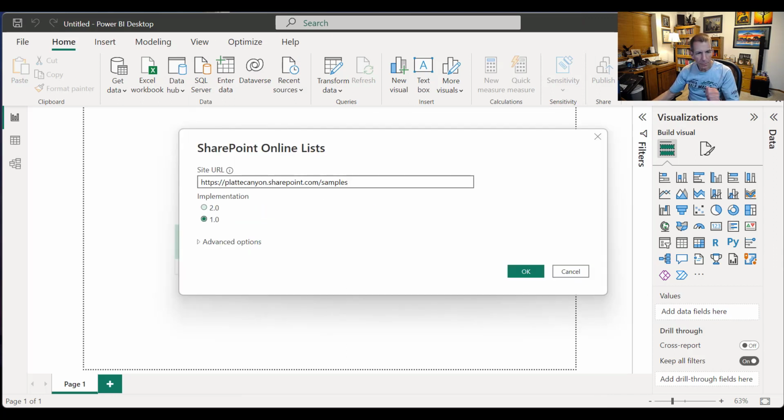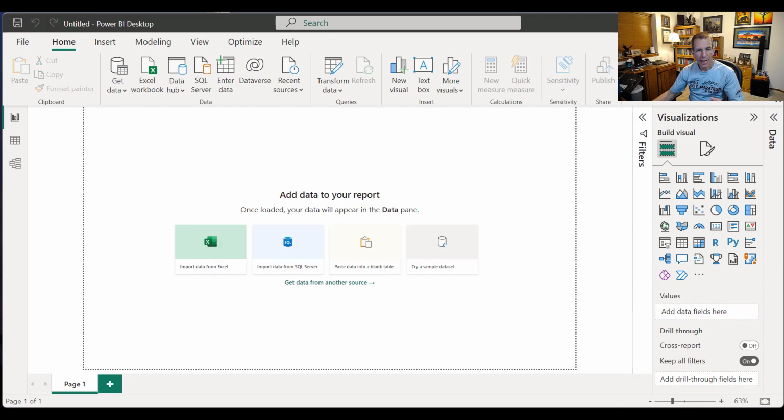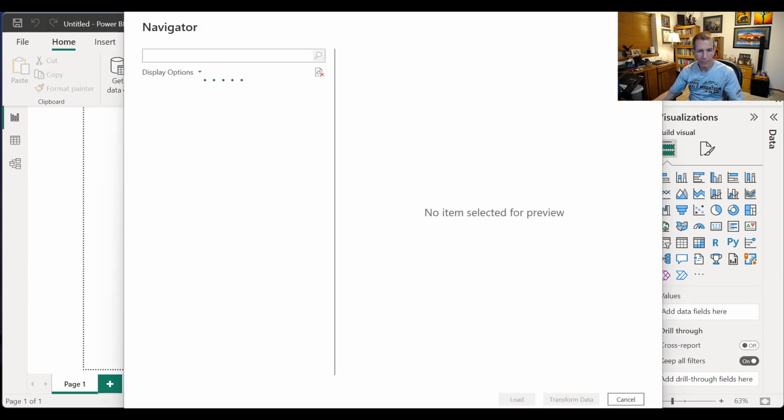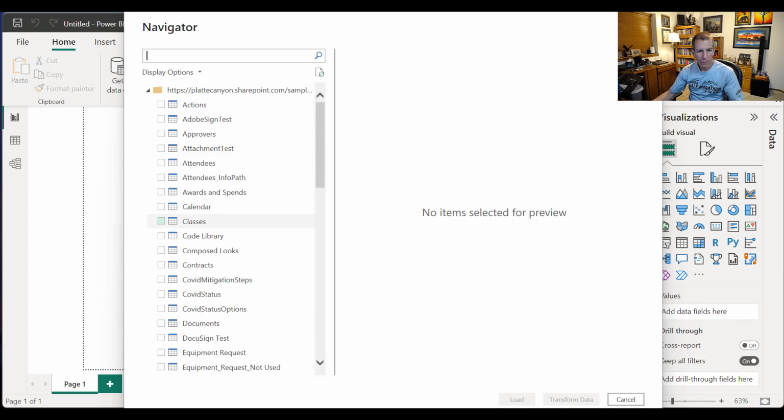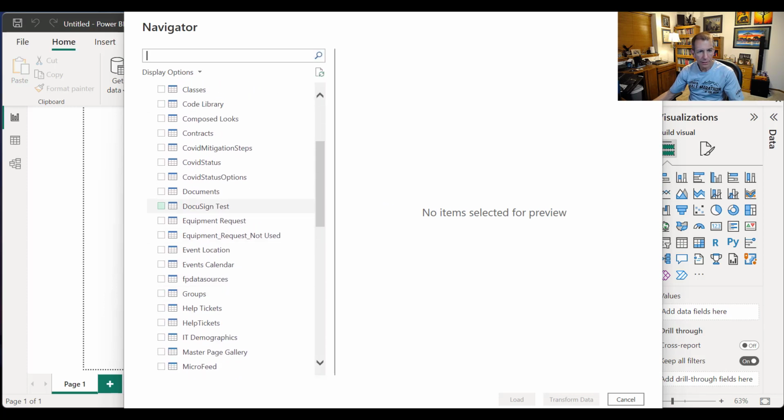Normally I'd want to pick this 2.0 because it's the newer one and there's some nicer things. You don't have to rename the columns. It doesn't truncate it as much. But it turns out that the 1.0 is the only one that gives me the link to the attachment, which is really important here so that I can see the actual form from the Power BI. So I'm going to leave it on the 1.0 here. If I hadn't signed in recently, it would prompt me to authenticate, but I think it's going to remember me here. So I just go to my list, the DocuSign test,